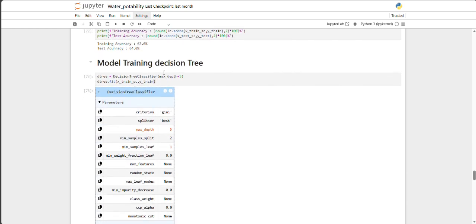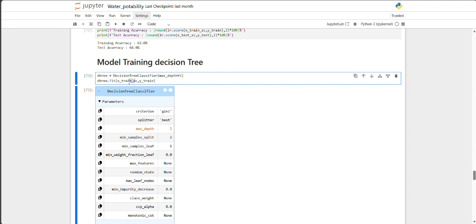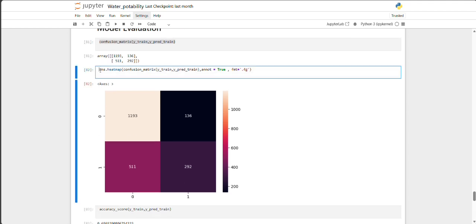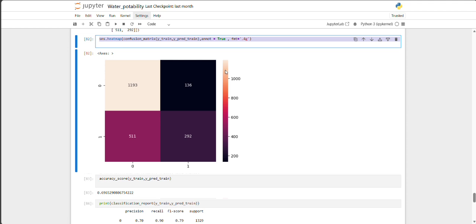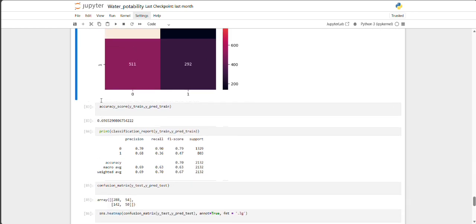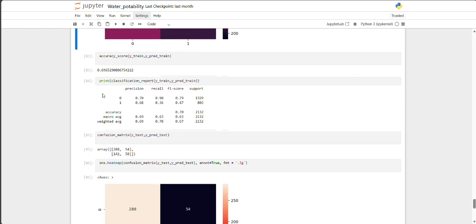Now we evaluate our models. To do that, we have used confusion matrix on our target y train and y test, and heat maps as well. You can see that we calculated confusion matrices and plotted them using Seaborn heat map. Next is accuracy, which is 69.6, and a full classification report here